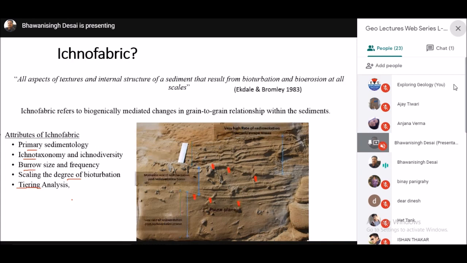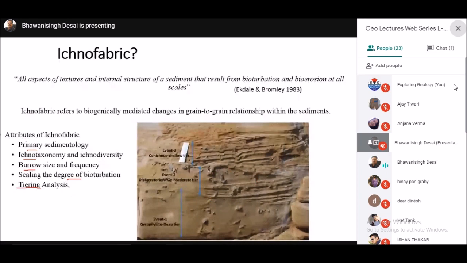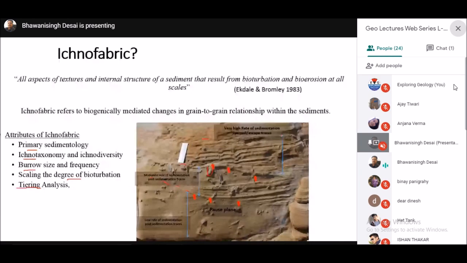Now, take an example of this. This is a U-shaped burrow, and a lot of trace fossils are there. You can see that this is one unit, this is a second unit, this is a third unit. What is happening here? Here you have an escape structure, meaning the animal was trying to escape. This behavior happens when you have a very high rate of sedimentation. But just below it, you have a lot of U-shaped feeding structures, meaning the rate of sedimentation was moderate.